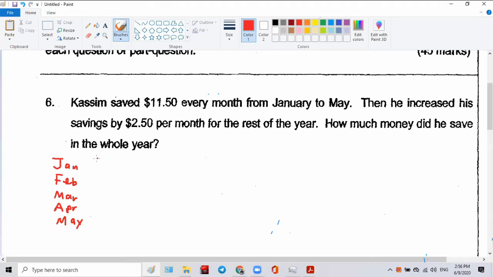Every month he saved 1150. So 1150 times 1, 2, 3, 4, 5. What did he get? 5750. So he saved 5750. Then he changed strategy. Now he changed the strategy and he increased his savings by 250 per month for the rest of